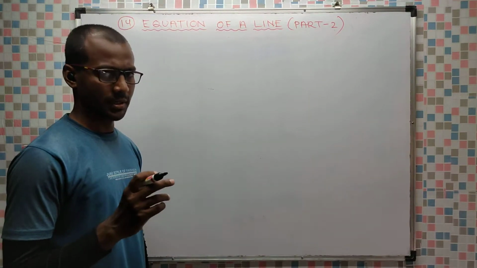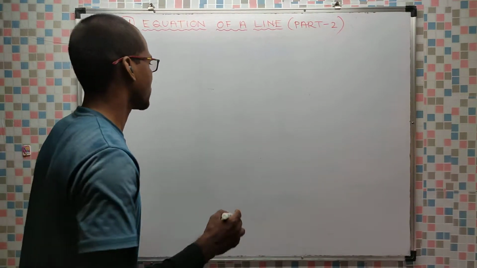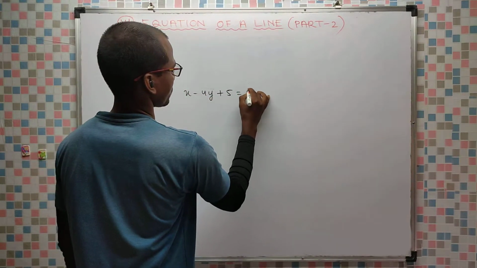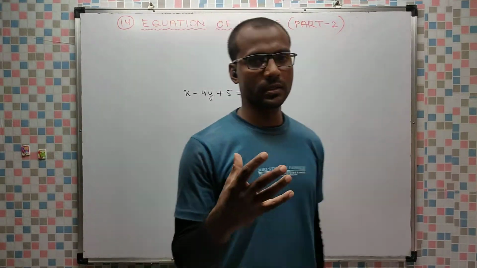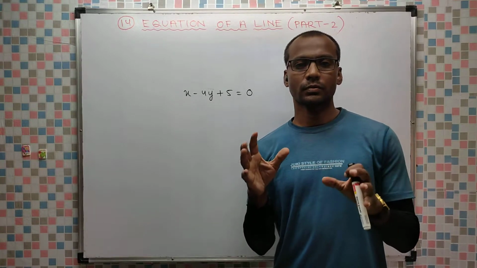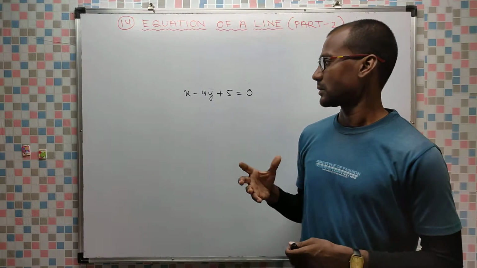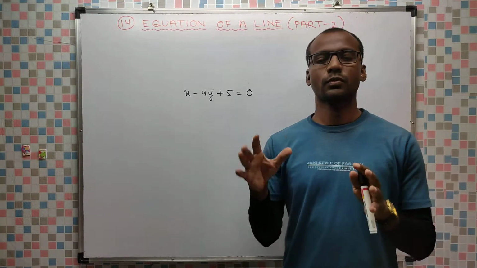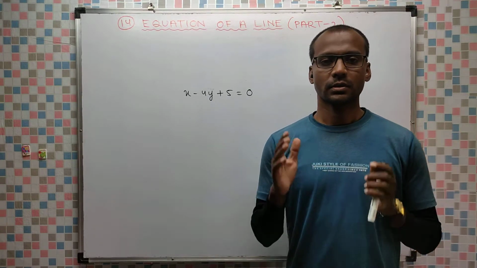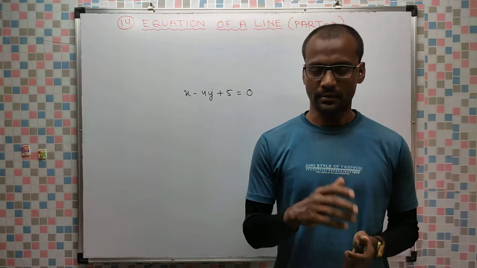In class 9 you have already studied how to get a line from an equation. If an equation is given, x minus 4y plus 5 is equal to 0, then you can find some values of x and y which satisfy this equation. You can plot those points, means those coordinates, having x y, on a graph paper. If you join those points, you'll get a straight line. So this you have studied in class 9. If an equation is given to you, you can easily get the line.